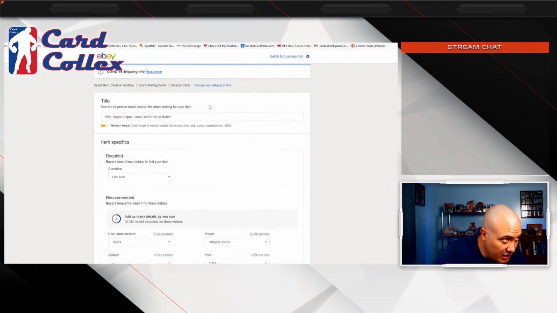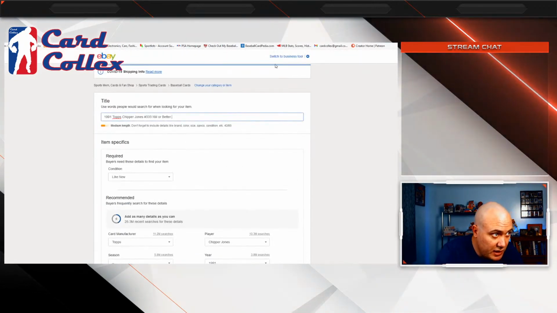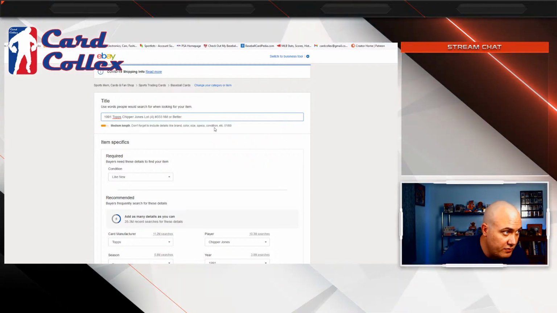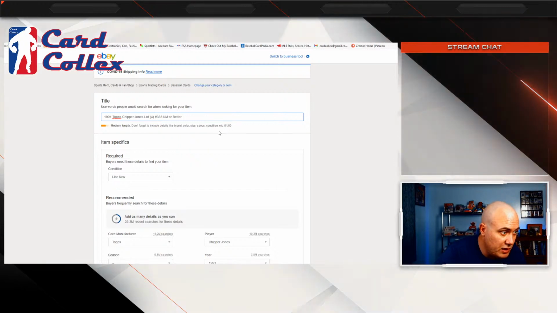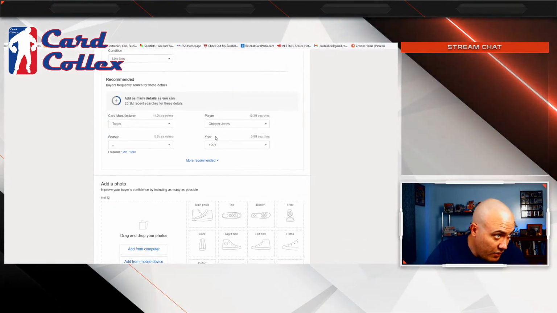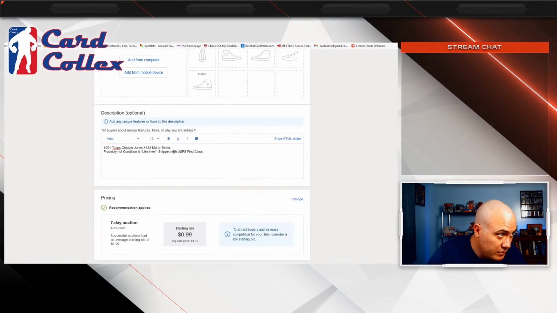Actually, I'm going to sell these in lots. So I'm going to set up lot. We'll just set them up as lots of 4. And then when I actually go to sell them, I'll adjust that if I need to. But for right now, we'll just do a lot of 4.